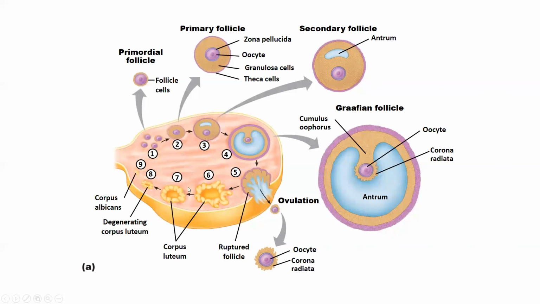Now, what's going to continue to happen with the rest of the follicle? Only the oocyte came out of the follicle, so just this part was ruptured along with the fluid. We'll talk about the function of this fluid in a bit. So the antral fluid and the oocyte are ruptured out of the follicle, but the follicle stays around and becomes this yellow body, this corpus luteum. And through the phases of the luteal phase, this will eventually progress in its development. Beyond day 10, it will degenerate, and after it degenerates,